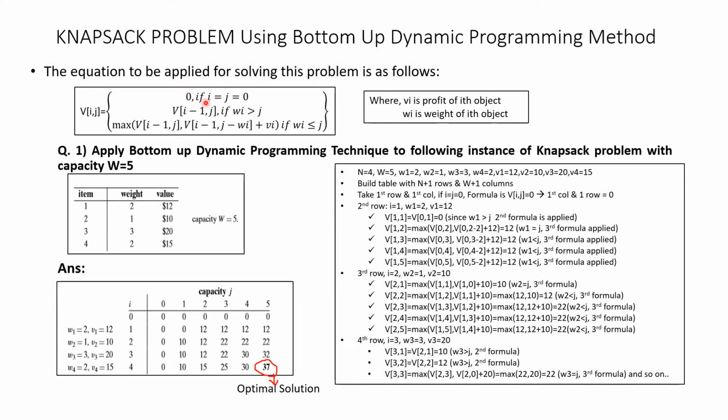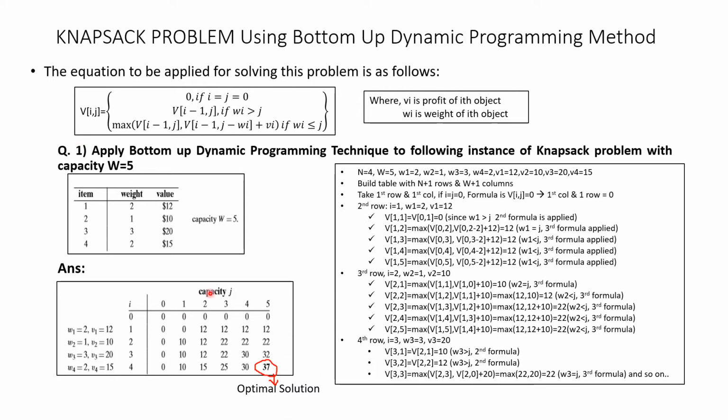So the first formula is applied. That's why, please see here, this is i, this is j. In the first row, i is 0, so this first row is 0. Then j is 0, so the first column is 0. I hope you're understanding. These are j values, these are i values. When i is 0, you make capital V, which means this entire table,